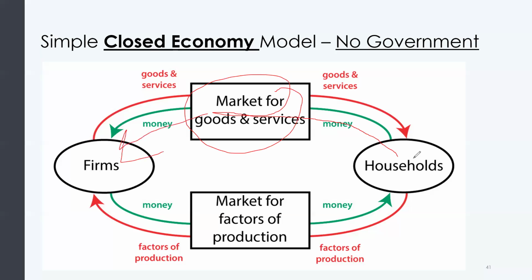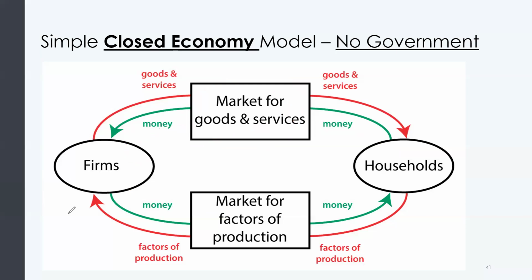Households spend money in the goods and services market, and this goes to the firms. And the firms, when they receive this money, what do they do? They use this money to pay for wages, rentals, interest, and profits back again to the households in the opposite direction. So an exam question will say, in the circular flow of income,